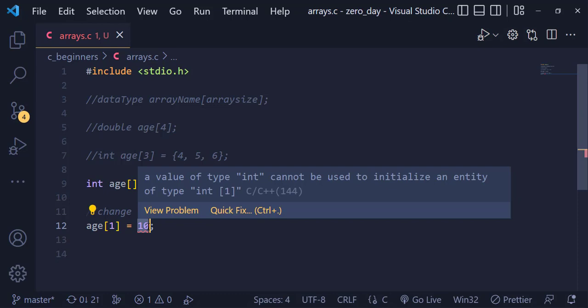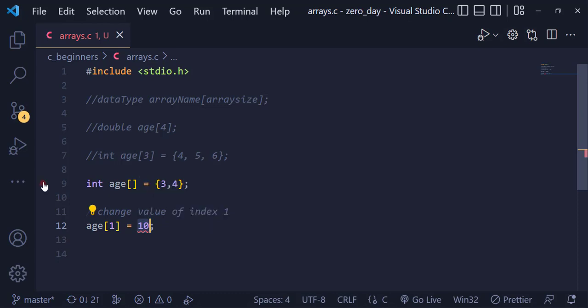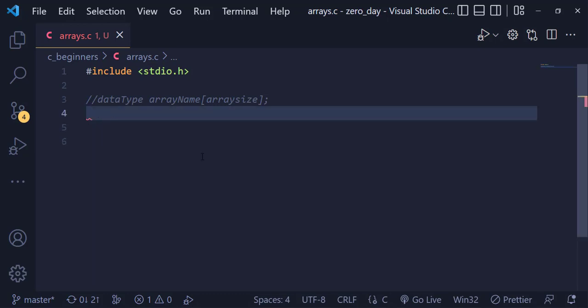Now, it is also possible to take user input and store it in an array. And in the same vein, it is possible to print the elements of an array. So the first thing we are going to do is print the elements of an array. So I'm going to quickly clear this particular one and then create our function int main,